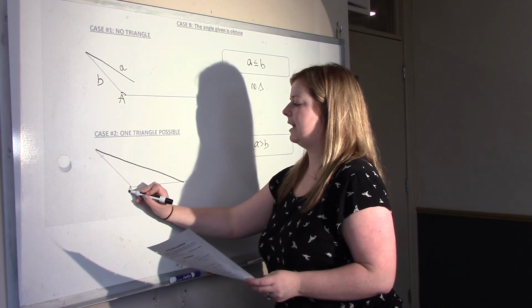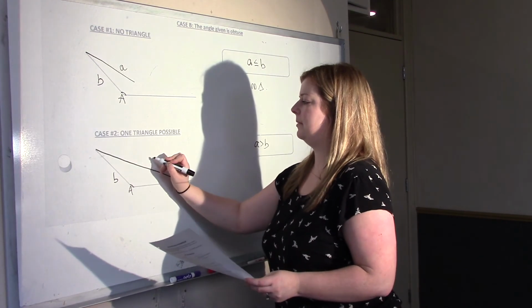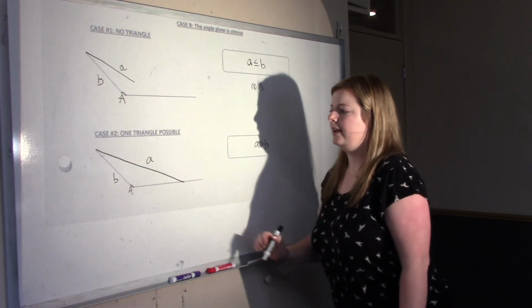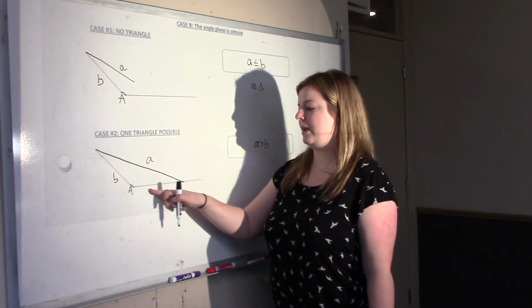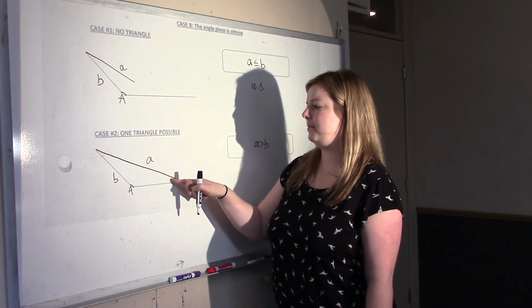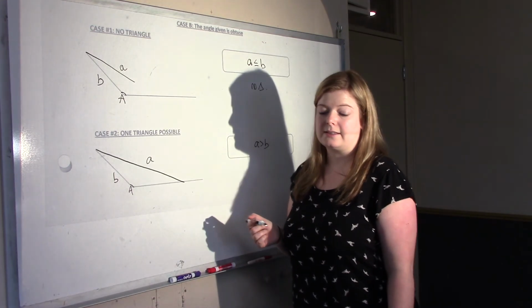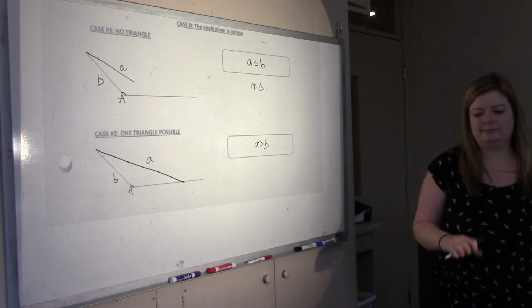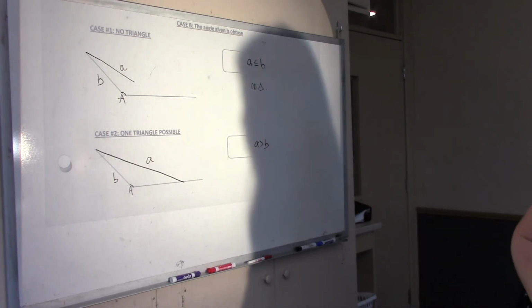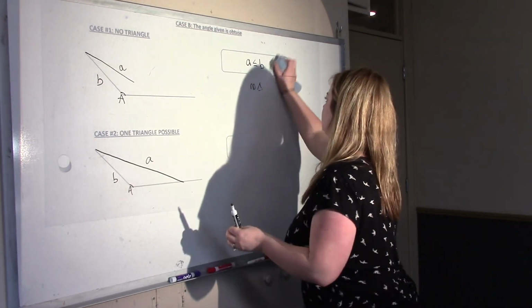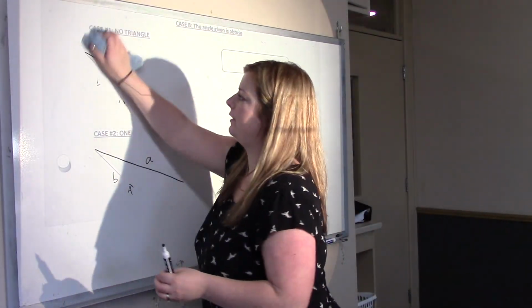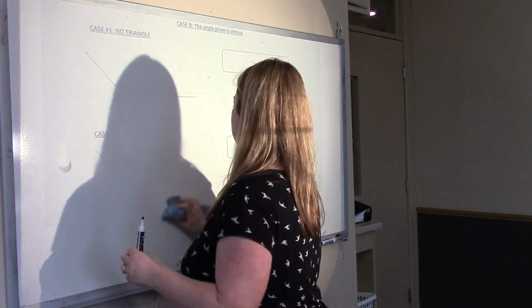So again, you're given this angle A, you're given the side length B, and the side length A. And then where it touches here will give you, you'll be able to find side length C, angle B, and angle C using the sine law. All right, so if all of that is super confusing, hopefully